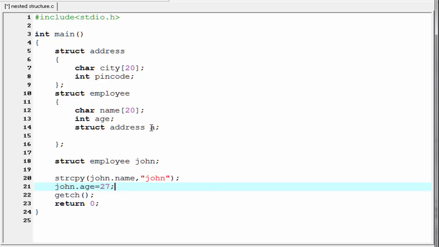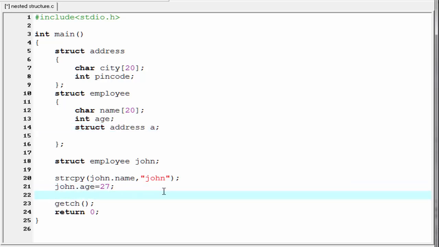Next we have to assign the value for the variable A. But this A is a variable of structure address. So first we consider A as a variable of structure employee. For that I am going to write here John.a. Then we use the element of structure address. First element is city.